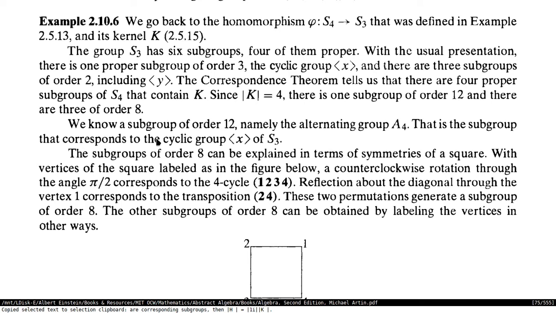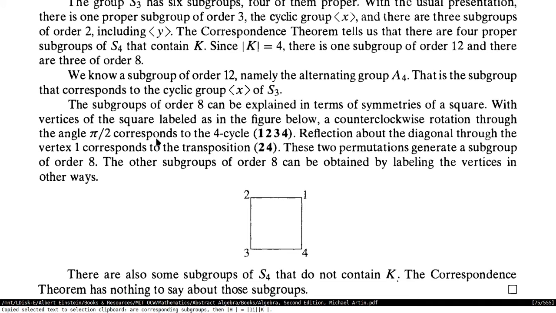Then the subgroups of order 8 can be explained in terms of symmetries of a square. Okay, let's see. So you label the vertices of a square in this manner, and